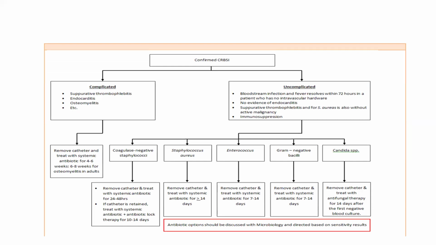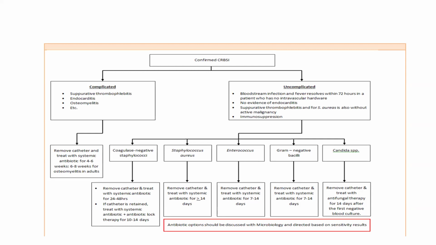Now this is the table which shows the treatment approach for confirmed CRBSI. If it is a complicated infection, that means involving suppurative thrombophlebitis, endocarditis, or osteomyelitis, then we have to remove the catheter and treat with systemic antibiotic for 4 to 6 weeks, and 6 to 8 weeks for osteomyelitis in adults. If it is an uncomplicated infection, which is a bloodstream infection where fever resolves within 72 hours in a patient who has no intravascular hardware, no evidence of endocarditis or suppurative thrombophlebitis, and, for Staphylococcus aureus, also without active malignancy and immunosuppression: